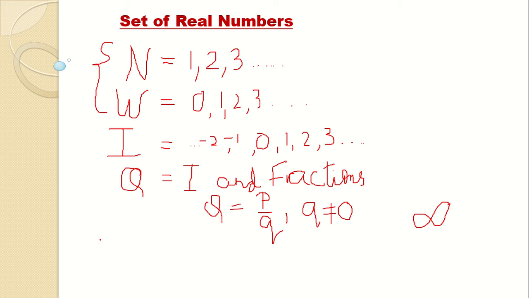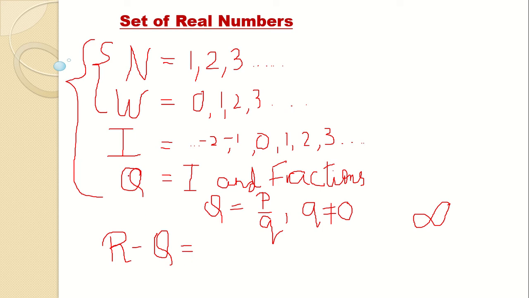Then next we come to the set of irrational numbers. Now, all these four sets we saw, they have something or the other common in them, right? They are not completely disjoint. But now the next set that we are going to see is the set of irrational numbers. So from the set of real numbers, which is the biggest set and includes all the above sets, if you subtract rational numbers, what remains is the set of irrational numbers.